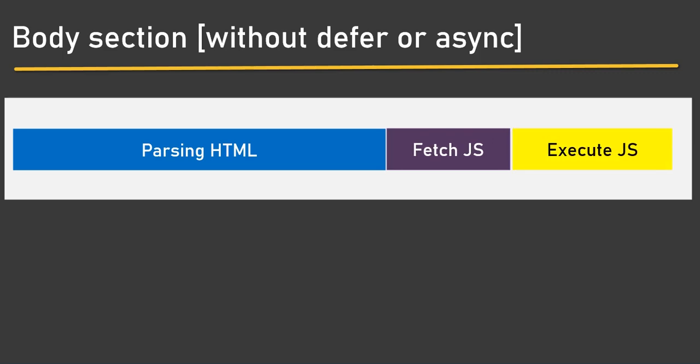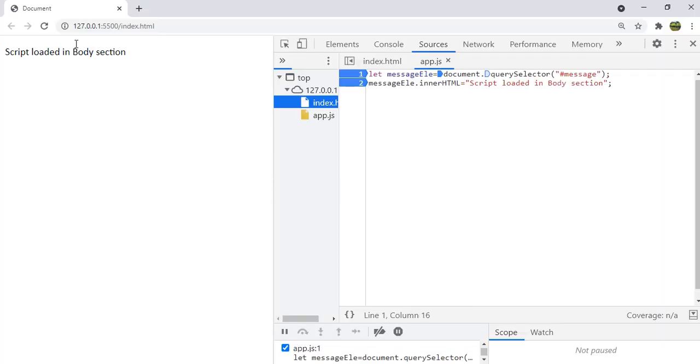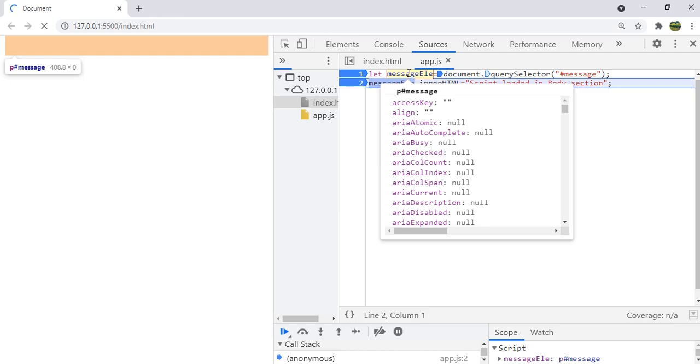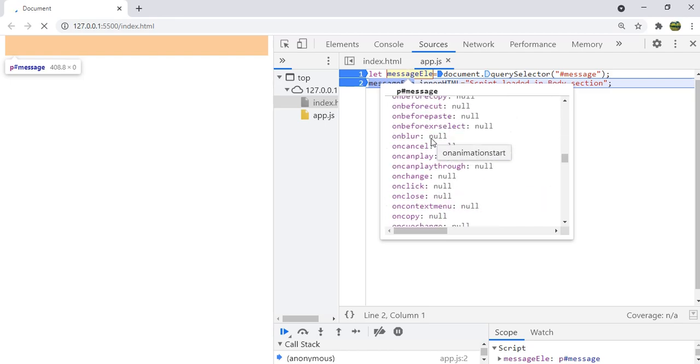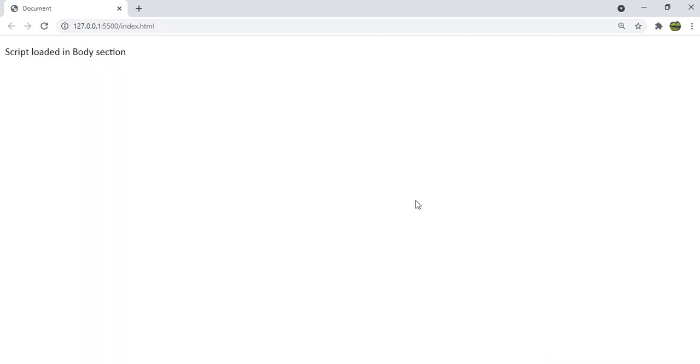That is the reason we can now see the message here. Let us press F12 and refresh it. Now we see the message element, instead of undefined or null, we can see that paragraph, and then we are setting the value. This is the huge difference between loading the script in the head section and the body section.